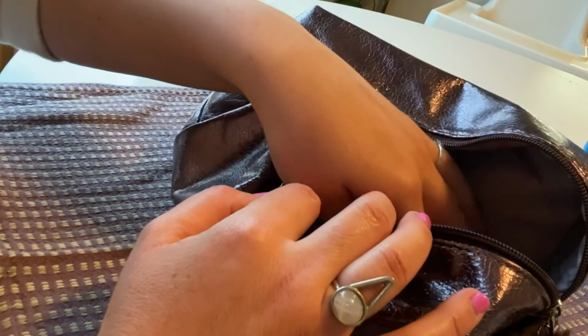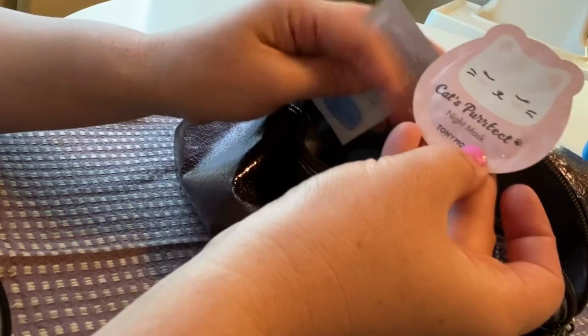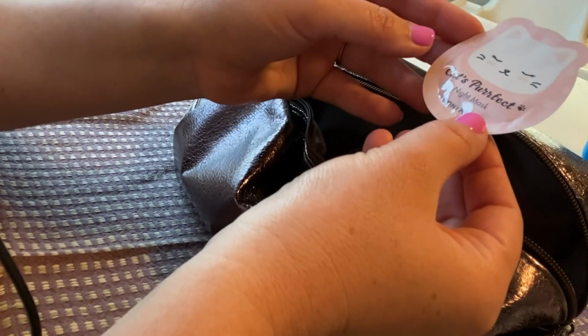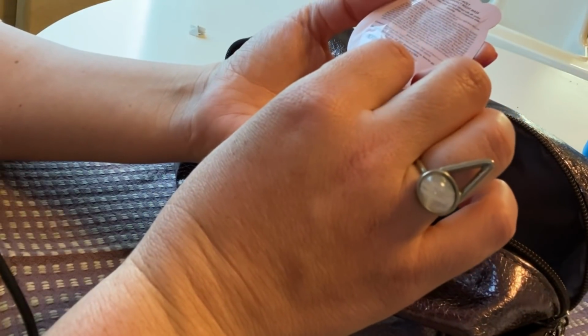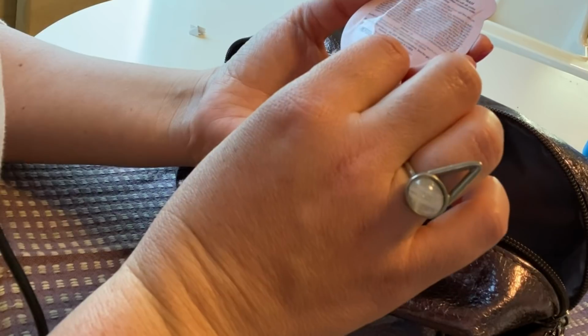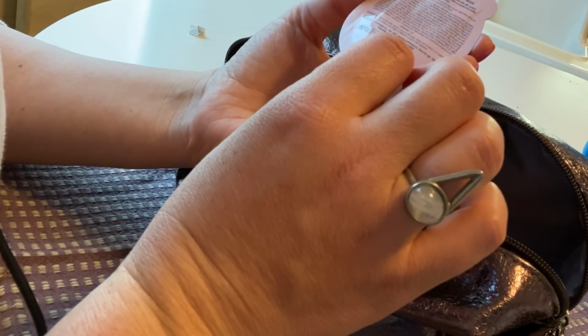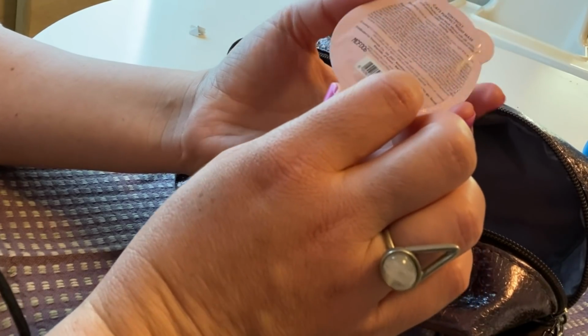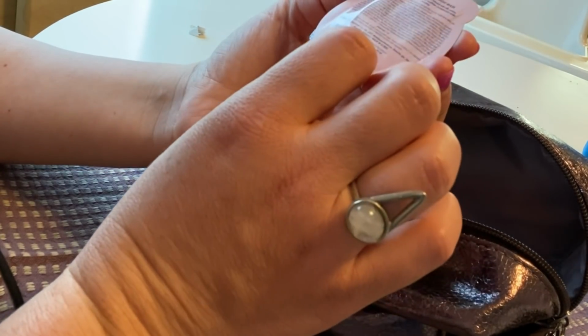Okay, let's take a look at this little kitty. The Cat's Perfect Night Mask by Tony Moly. This is just a nice mask infused with silk amino acid, provides softer and healthier complexion while sleeping. Okay,